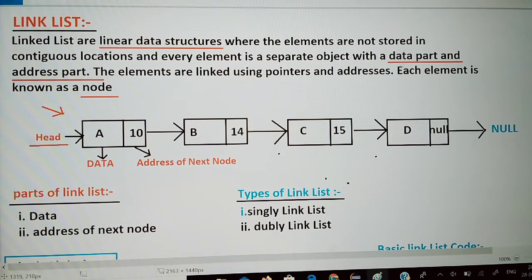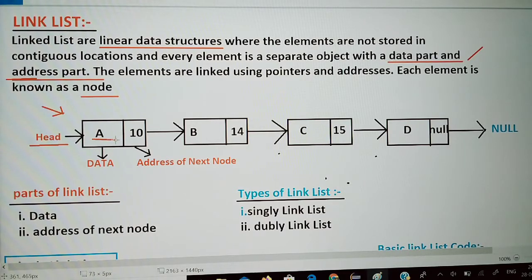Here I say what the data part and the address part are.